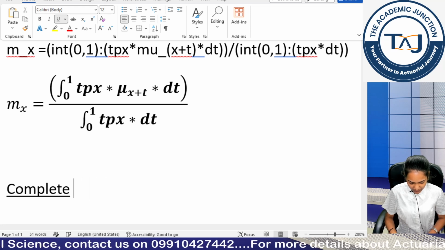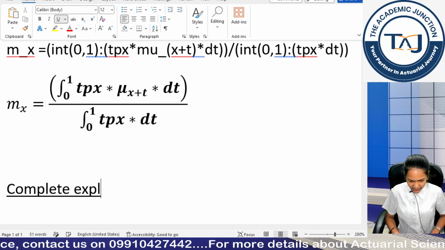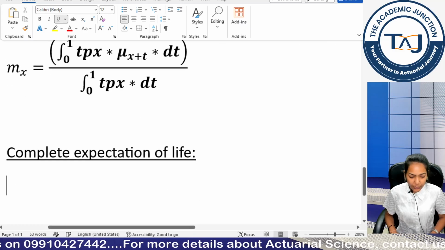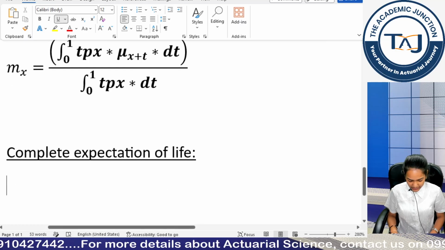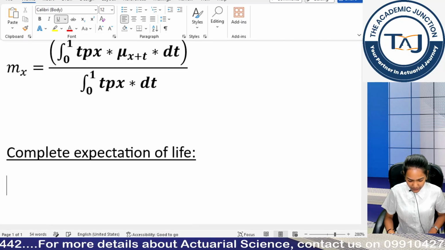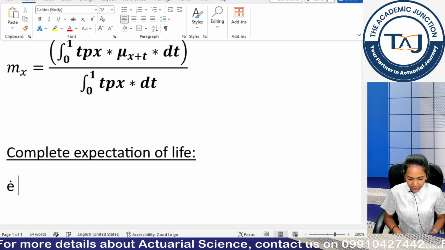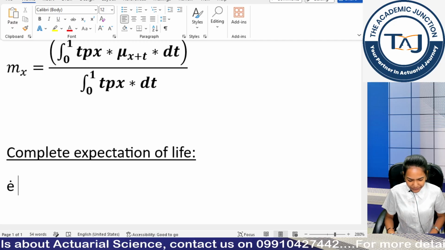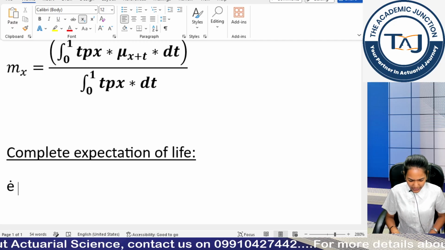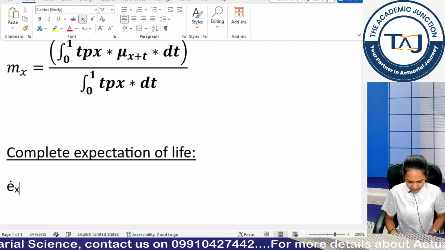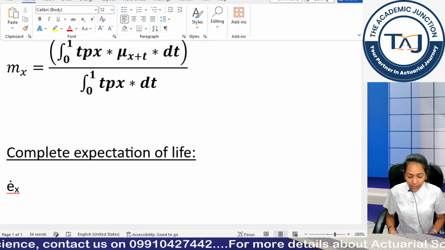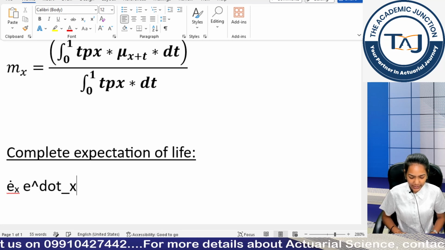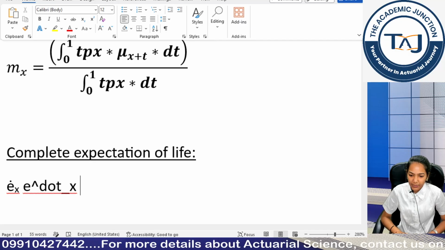Complete future time. That's basically complete expectation. So what's the formula? It's e dot x. So how do we write it? E backslash dot dot. We get this dot sign. Okay. Otherwise, this is acceptable. Then we can write this x. Or what you can do is, guys, you can write e dot and then this x. This is also equally acceptable.